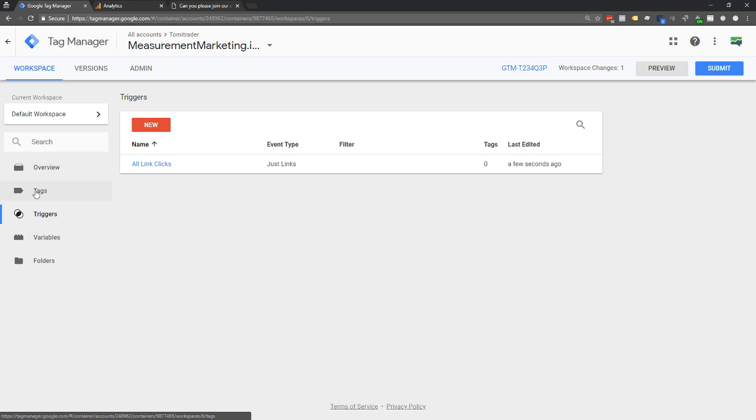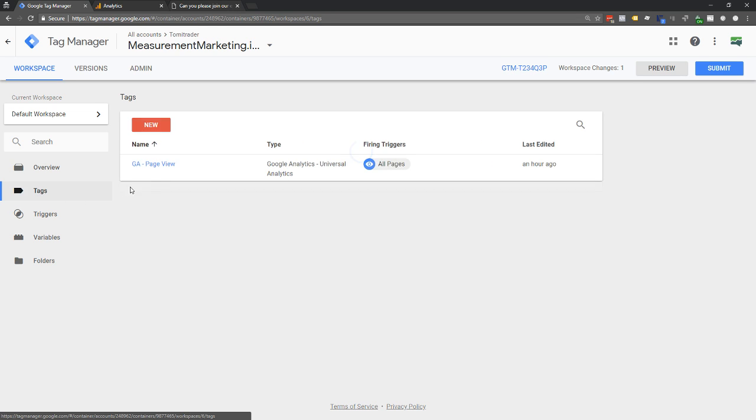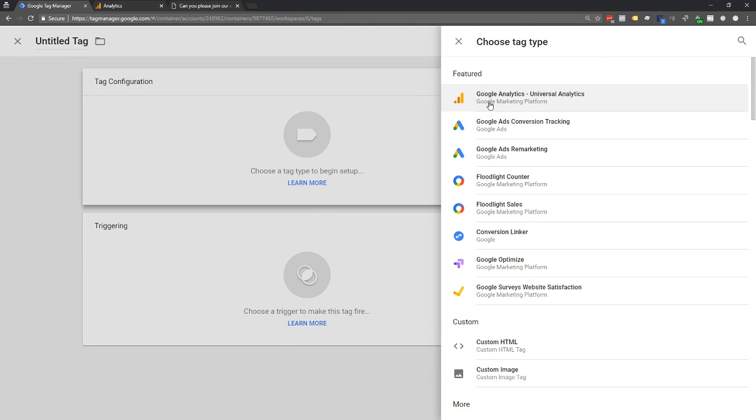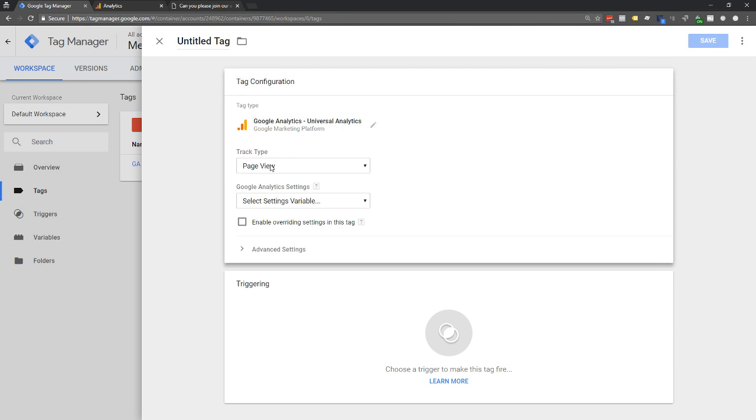Now let's set up a tag. So I'm going to go into tags, and we're going to set up an analytics tag just for the sake of example. We're going to send information to analytics in this case, but we could also be sending it to Facebook. Actually, we can do it at the same time. So some information goes to Facebook, some information goes to maybe Google Ads, others go to Google Analytics. Maybe there's another platform that you're using that you can send information to whenever somebody clicks on a link. This is such a useful thing to do.